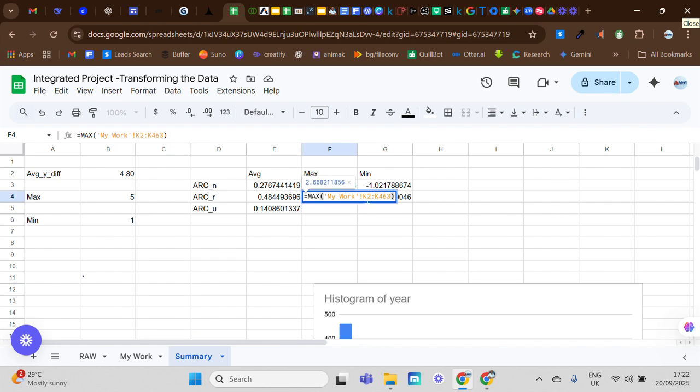So let's quickly correct it. So it has to be J here and then J there. That should give us a correct figure here. Beautiful. Then we come here, it has to be J again, J here, and then